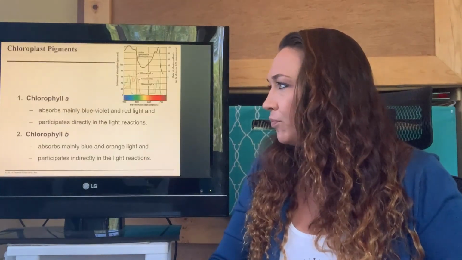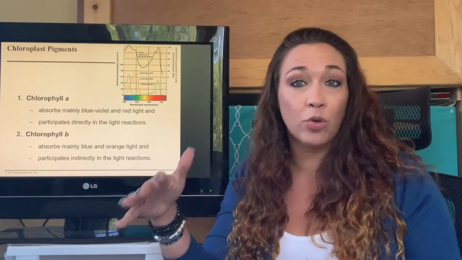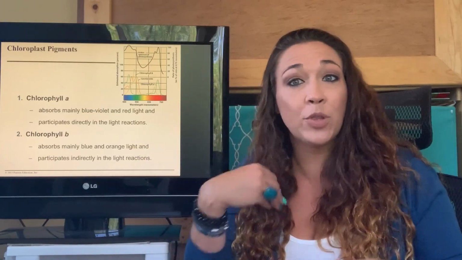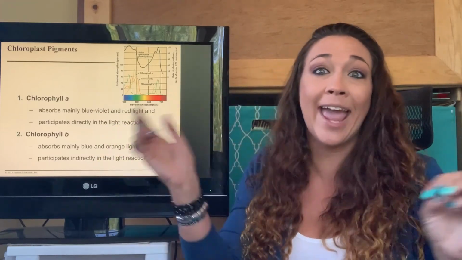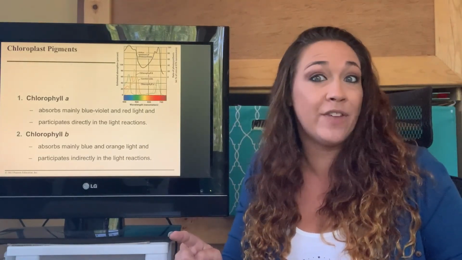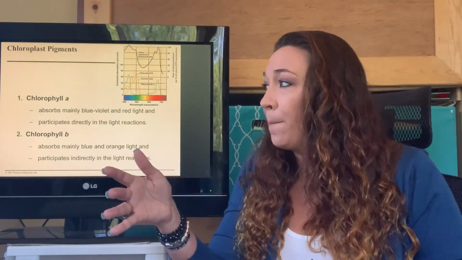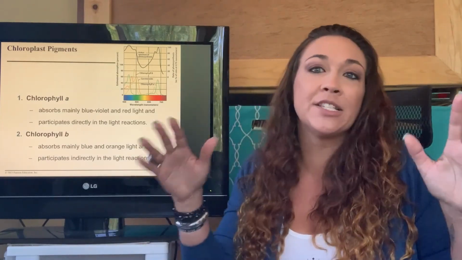Okay. Now, I do have to mention that chlorophyll is the pigment that makes the plant green, and it is the light-absorbing pigment, but there are different types of chlorophyll. Chlorophyll A is pretty much the one that's really responsible for photosynthesis. So it's like, hey, I'm going to absorb all this light because we're going to turn it into usable bits of energy. Now, chlorophyll B is pretty much indirectly related.